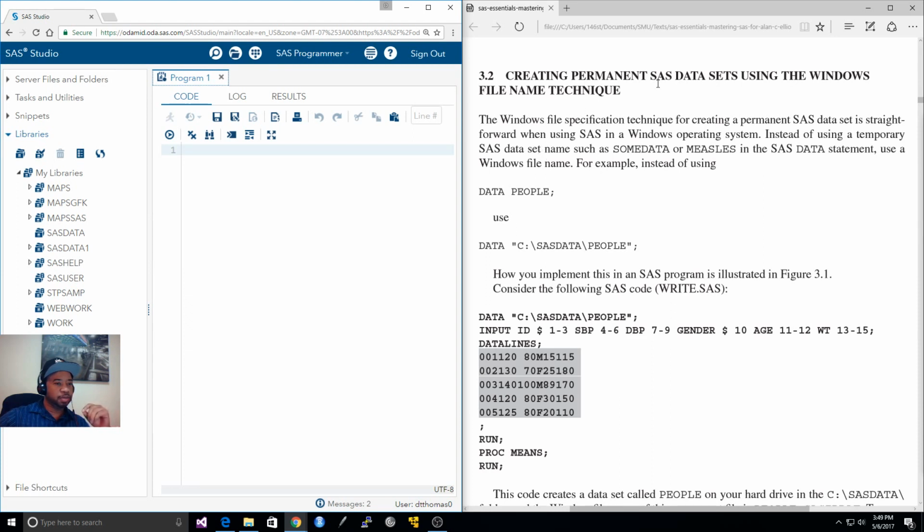So creating permanent SAS data sets using the Windows file name technique. So let's look at this. It says,